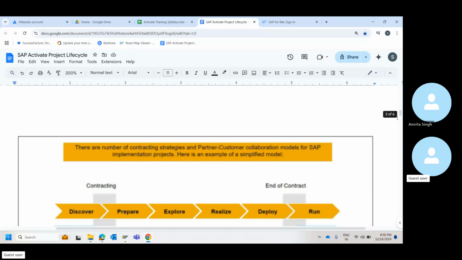Now comes another question. Do not take it otherwise, but this is just for you to understand the level of effort you need to put forth to improve yourself. What's the terminology we discussed when we were moving from one environment to another, development to quality, quality to production? We discussed the term TR. TR is the short form, transport request.